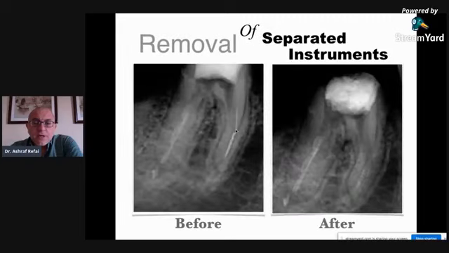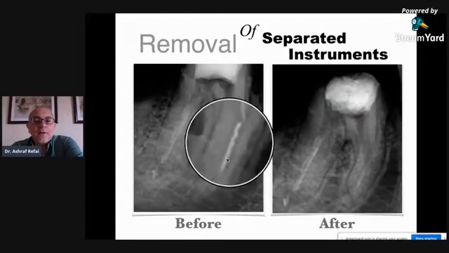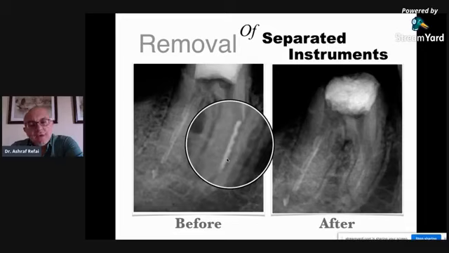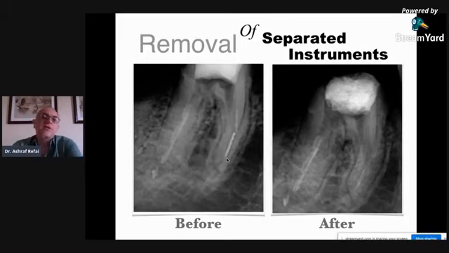Now, this was an example of a tooth with an instrument separated. It looked like an H file. It's very obvious. I'm just going to blow it up here. You can see the typical H file shape. And if you look very closely, you can see that there's actual space between the instrument and the canal. And this was the case when I looked down into this canal with my scope. I could see a lot of space, and I spent about 2 or 3 visits trying to remove it, and I failed.